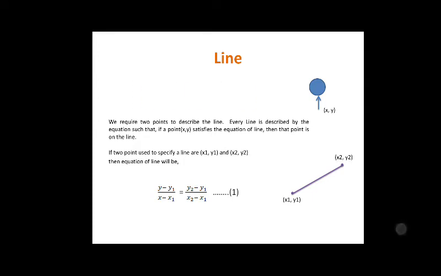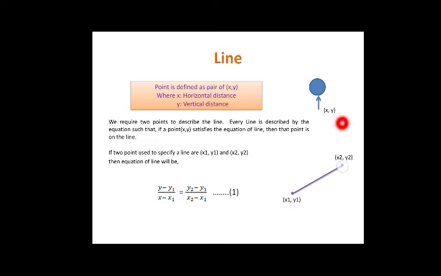Starting with the line, all of you know that a line is made up of points. How is a point defined? Whenever I want to define a particular point on the screen, I define it by its coordinates, x and y. X shows the horizontal distance, y shows the vertical distance. Whenever we describe a line, the requirement is that the line should be described by two endpoints. We call this the first endpoint and this the second endpoint.